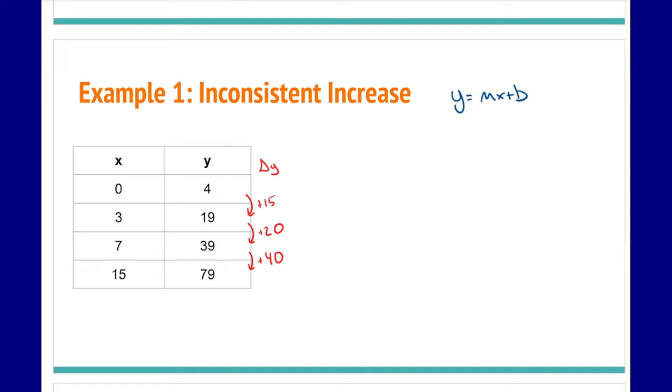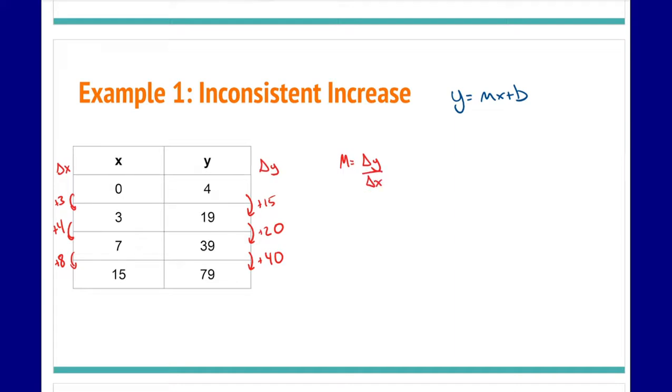So we can see that's inconsistent. Right? We don't see the same values. If I look at the other side, the change in x, I can see I go up by 3, I go up by 4, and then I go up by 8. So again, it's not a consistent increase. So we have to do something a little bit different. And this is the change in y and the change in x. So if I look delta y over delta x,